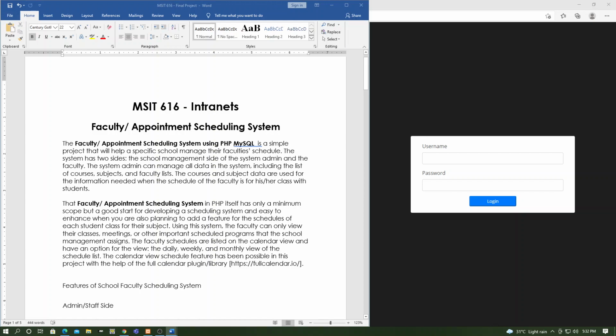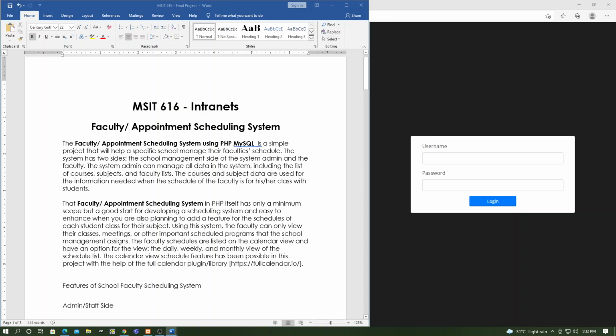The faculty appointment scheduling system using PHP and MySQL is a simple project that will help a specific school manage their faculty's schedule. The system has two sides, the school management side, the system admin, and the faculty.